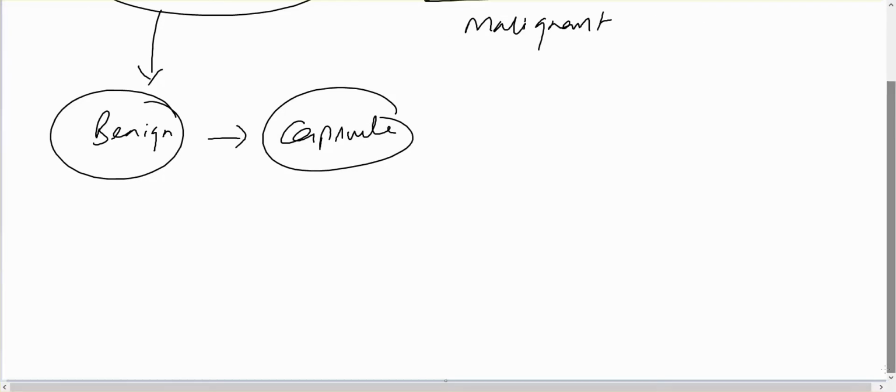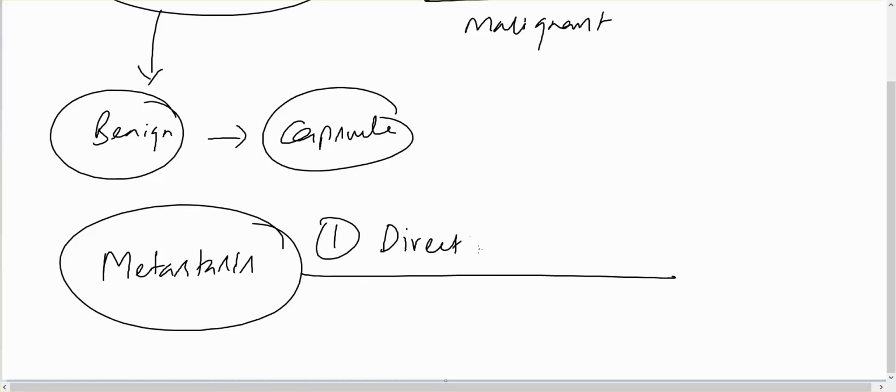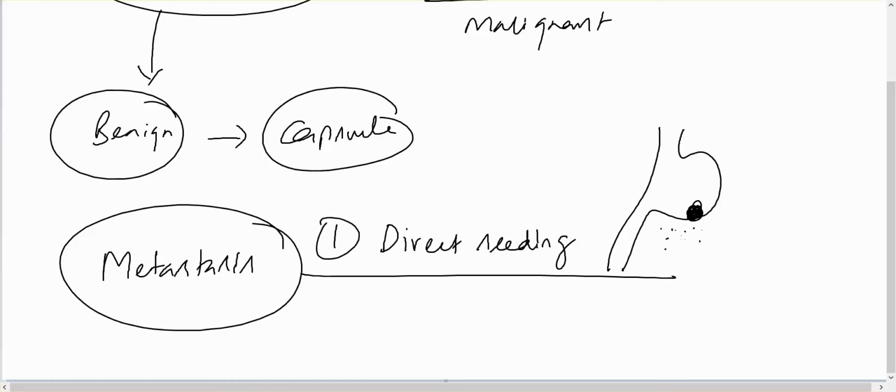Now coming to metastasis, you all know metastasis means distant spreading. They spread by three means. One, direct seeding. For example, there is a stomach cancer, and this stomach cancer involves the whole wall of the stomach, and the cancer cells fall into the abdominal peritoneal cavity, and the cancer cells go to all the organs in the abdomen. So it is called direct seeding, otherwise called pseudomyxoma